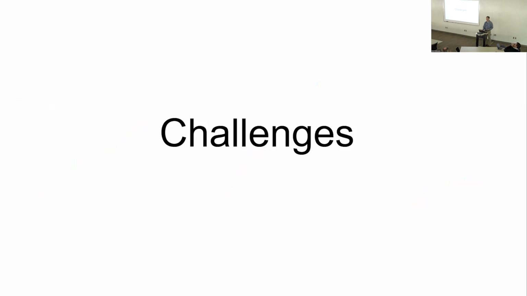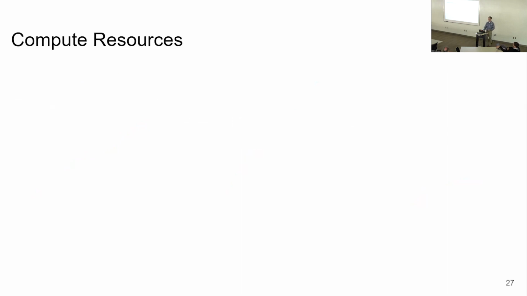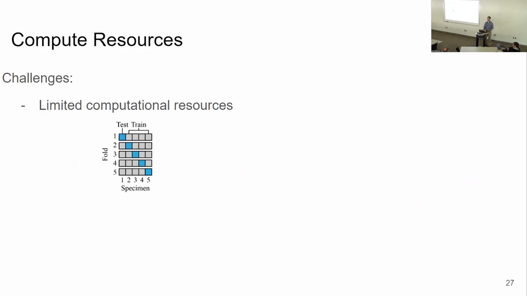So finally, I just want to go over some challenges. The first one I'm sure everyone has is computation resources. Right now we're limited in what we can use. What I've been doing is a cross-validation. If we have 5 different folds for the 5 different specimens, we use one specimen for a test and then train on the other 4 data sets. So a complete cross-validation requires 5 different models that we create, and right now I've been doing everything locally on my local computer.